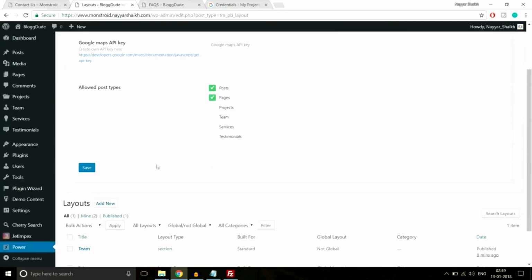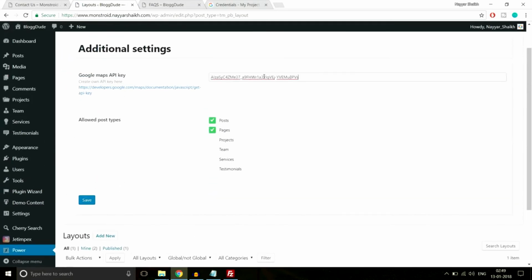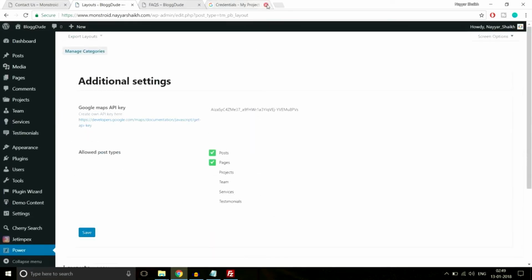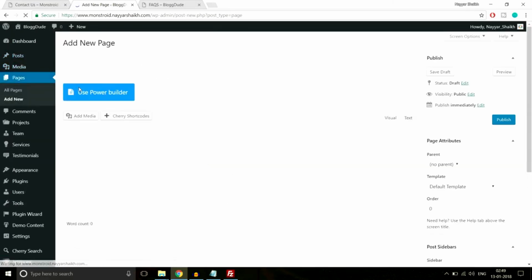Now here you have the Google Maps API key. Paste in that API key over here and click on save. Okay, fine. Now we can use a map on our website. Now what you can do is hover over pages and click on add new to add a new